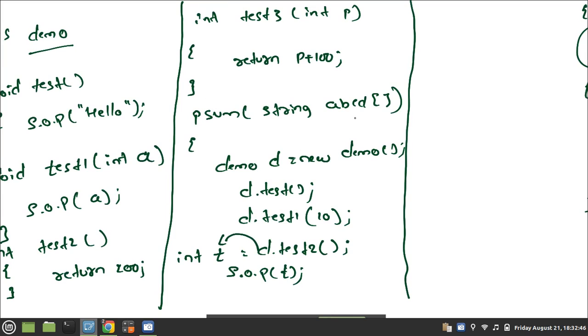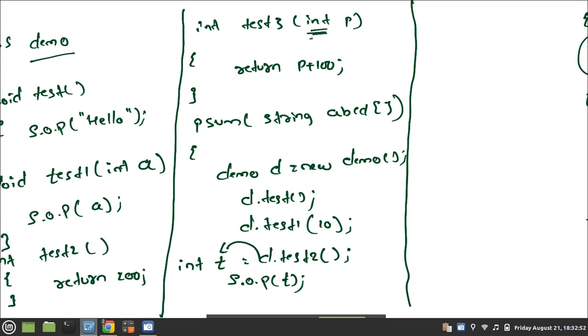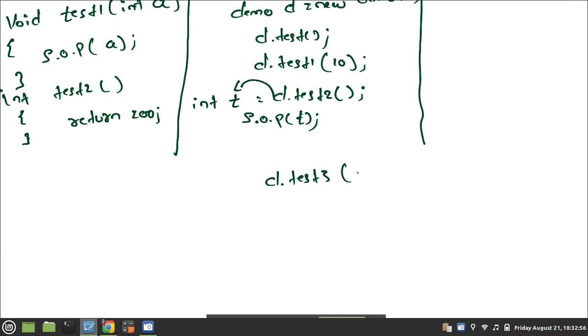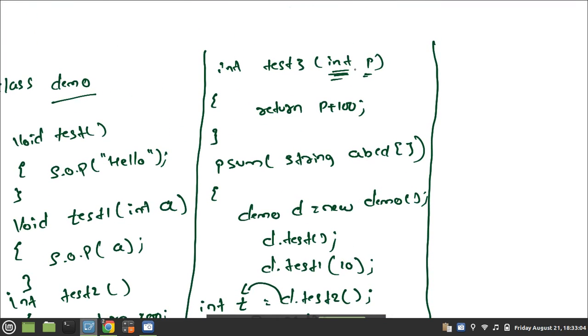How many parameters is it expecting? One of type integer. Integer means I should pass which type of value here? Integer. So I will pass 1000. Okay, so 1000 is copied here.